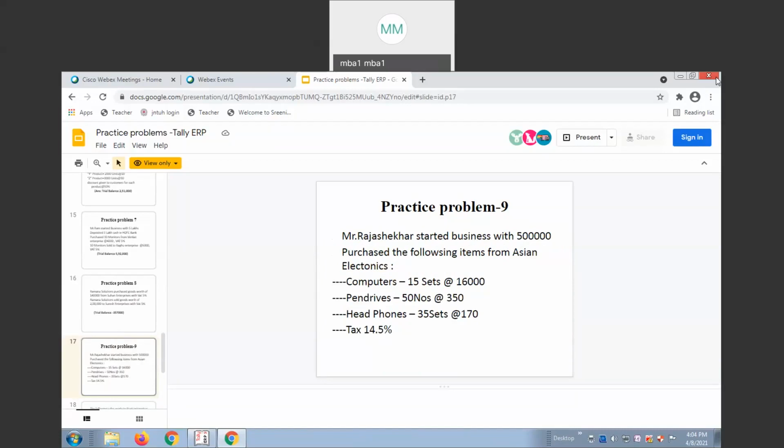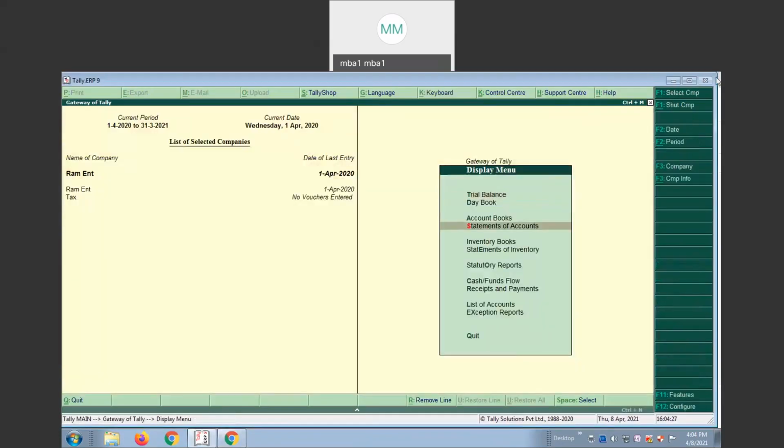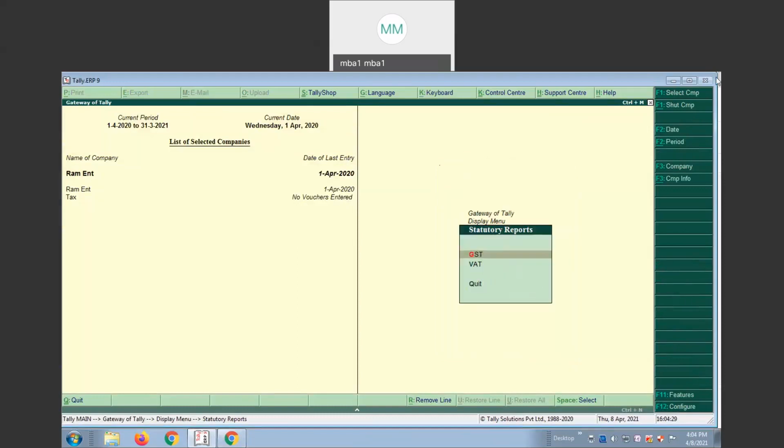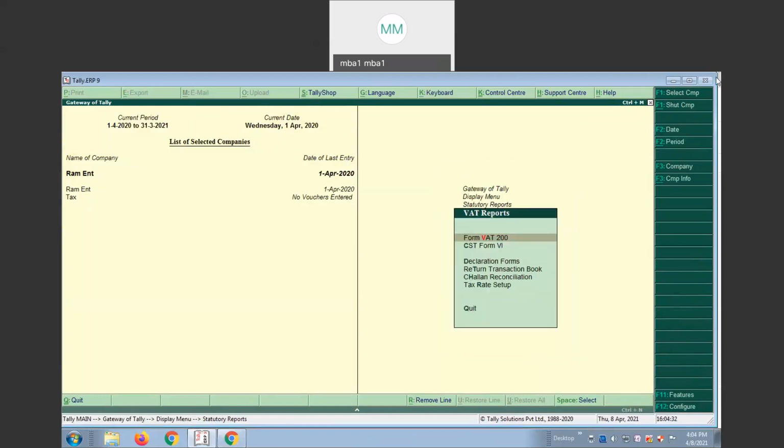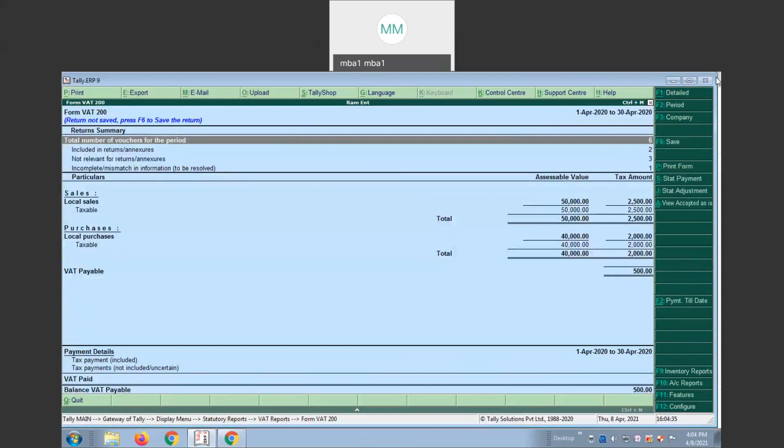Statutory, you want to show? Yeah, I will show you the statutory report. Earlier, VAT payable was 500 rupees. We paid it actually in the education version.